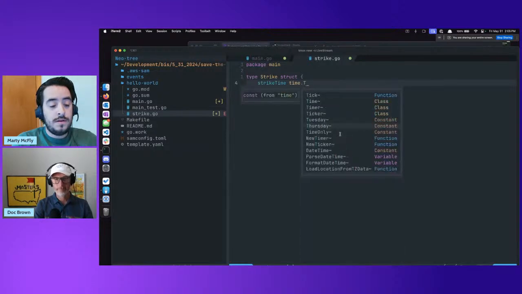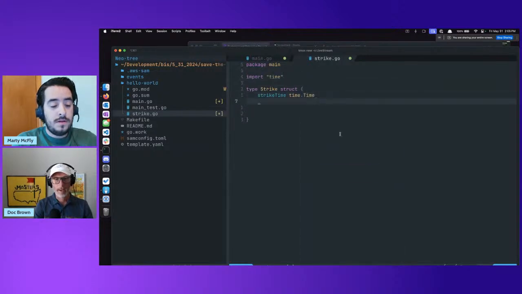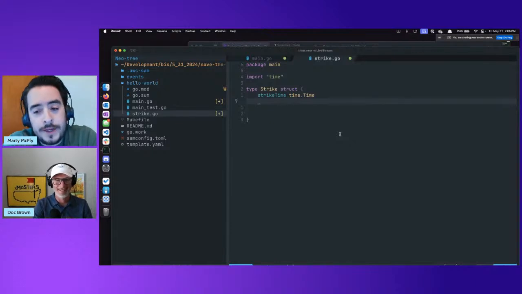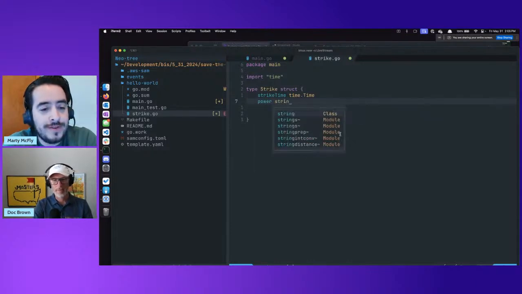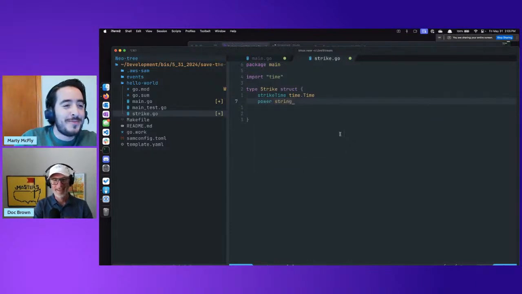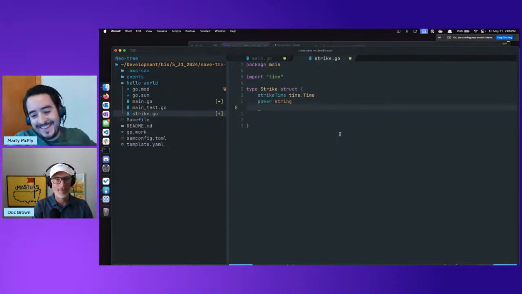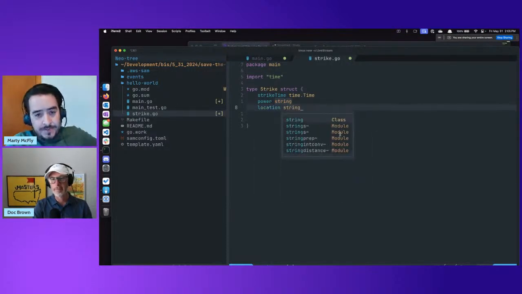We need time. We want to store the power. How many gigawatts? We need 1.21 gigawatts. And then we'll have a location, and it'll just be a string.